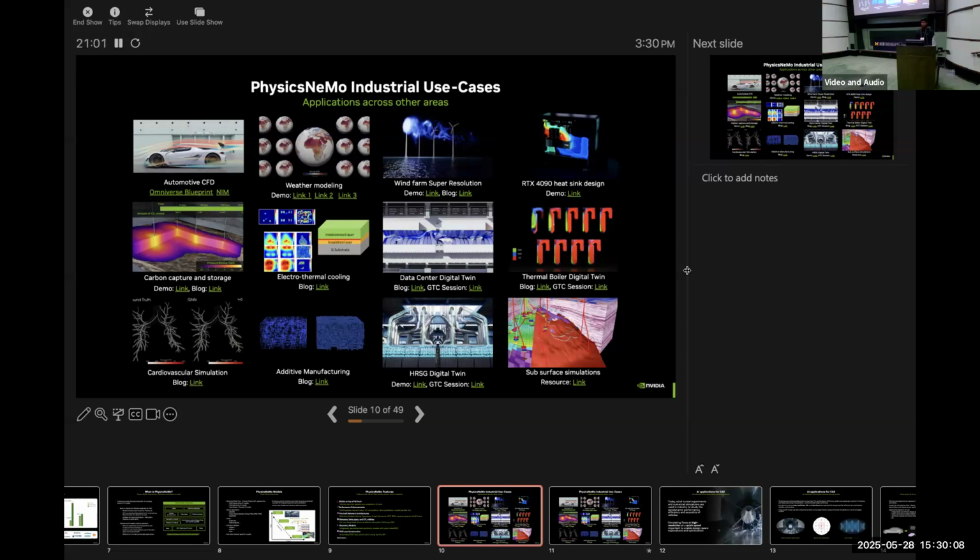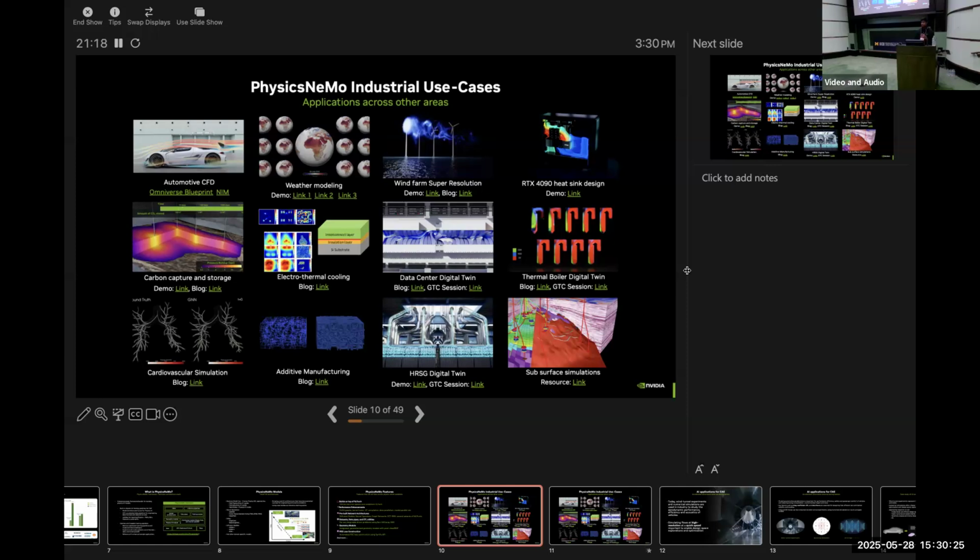We have done applications in automotive CFD, wind farm super resolution, and in the electronics space with heat sink designs, data center cooling, electrothermal cooling, and so on.